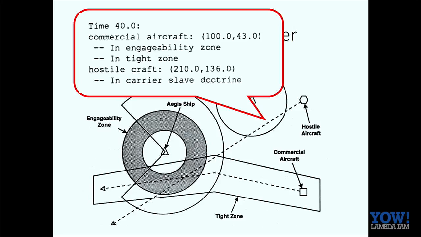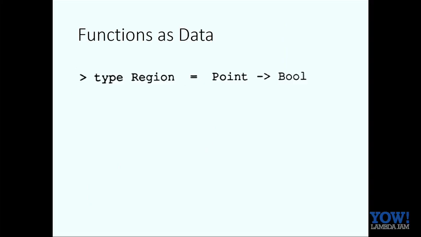So Mark Jones, who was a postdoc at the time with Paul, got the job of building the prototype. And of course, what you have to do to solve this problem, you have to find a way to represent regions in the plane. How might you represent a region? What would Alonzo Church do? Of course, as a function. So that's what Mark did. So Mark's regions were just functions from points in the plane to a Boolean. True if the point is in the region, and false if it's not.